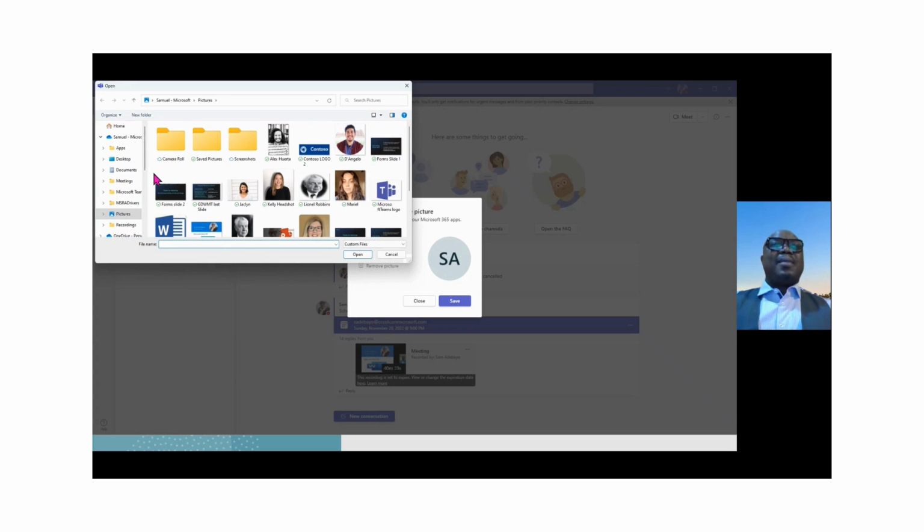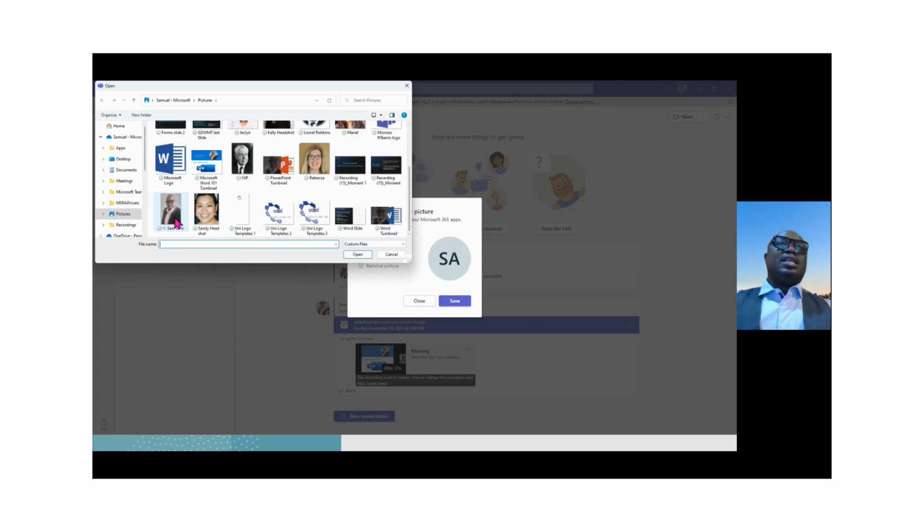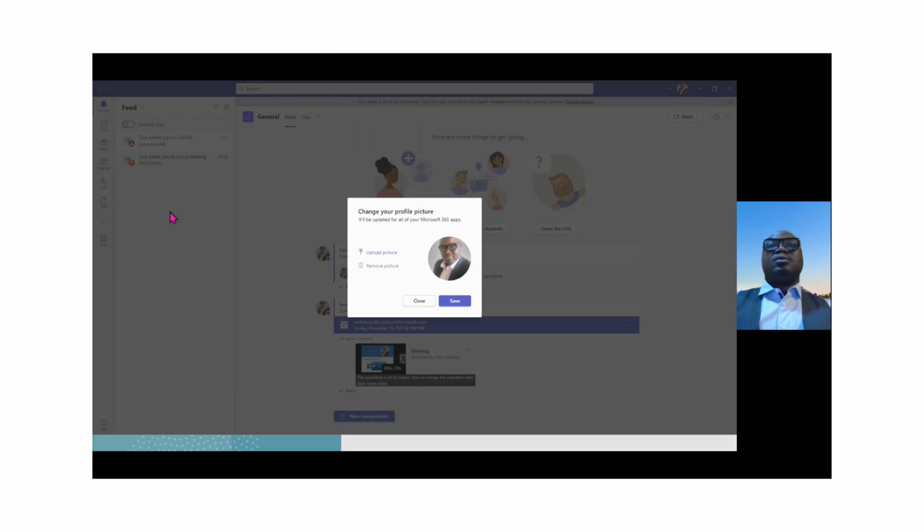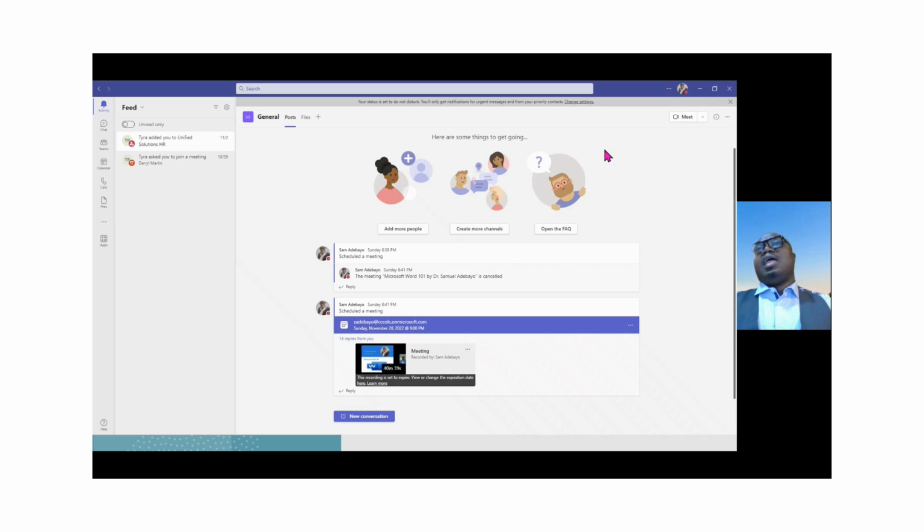I'm uploading from my computer right now. You can do it from OneDrive. You can even do it from online pictures that you have. So I am going to select Sam's picture here, and voila. If I click save, and here we go, close, and you can see Sam's picture is now available on my profile.